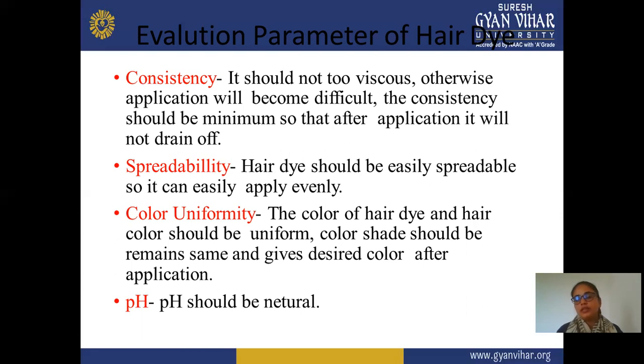Next is color uniformity. This is a very important evaluation parameter. In this, when you apply the henna or any other color, it should produce even color in your hair, not look like somewhere is dark or somewhere is light in color. So this problem should not be observed. It should produce even or uniform color in all your hair, as well as produce the same color which is given on the label. Don't produce any other color than the label color.